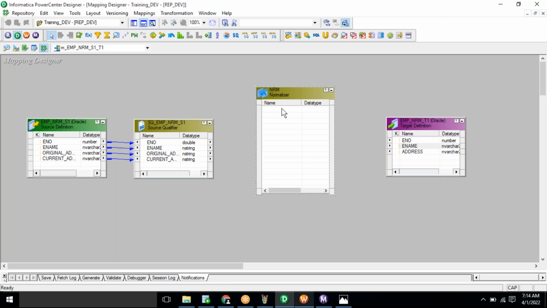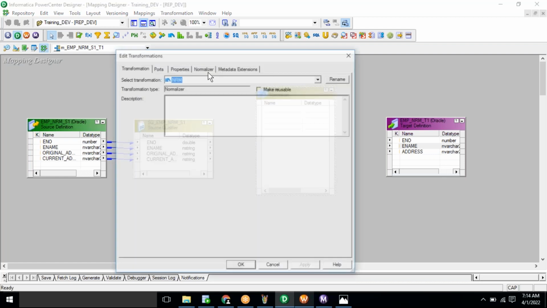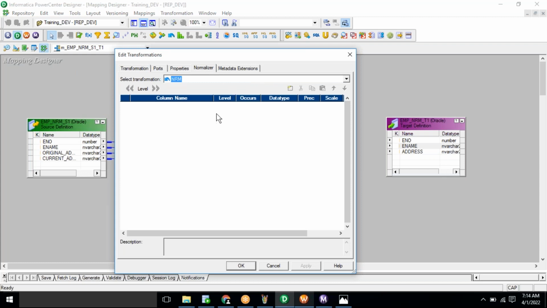If the target definition contains 3 ports, the same 3 we have to add in this normalizer transformation. So open the normalizer, go to the normalizer tab. To add the new columns, here we have a button, add a new column to this table. So we have to click this button. Since we have 3 columns in the target definition, the same 3 columns we have to add here in